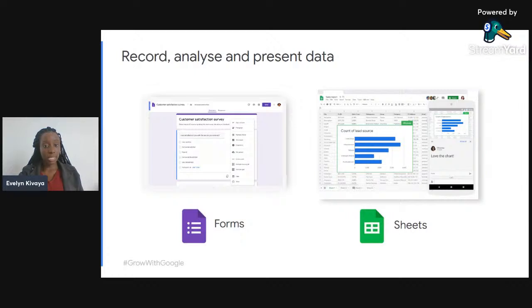You can also select from multiple choice answers. For example, if you're asking someone where they are located, you can put options like Kenya, Tanzania, Uganda, Rwanda, and they will be able to choose the right answer, and you'll be able to access all the data that was fed into those forms from the back end of that form.